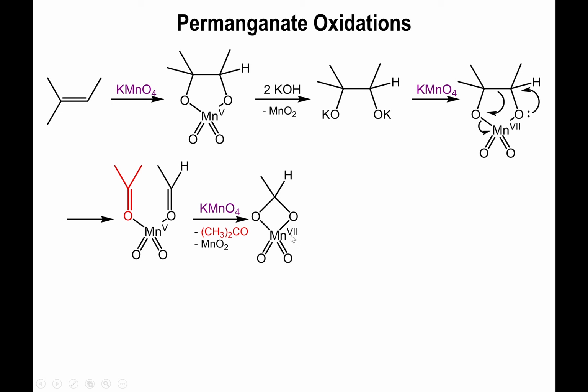And like we saw before, the manganese 7 is still hungry for electrons, so if it can take electrons, it will do so. And the presence of this carbon-hydrogen bond is actually ideal for another oxidation to take place because, first of all, the solution is under basic conditions, actually pretty good basic conditions. So this hydroxide can attack this proton, and normally this proton wouldn't have a pKa that will be low enough for hydroxide to deprotonate it. But because this molecule is bound to the manganese 7 center, which is a really strong Lewis acid, you have a severe lowering of the pKa of this CH bond,